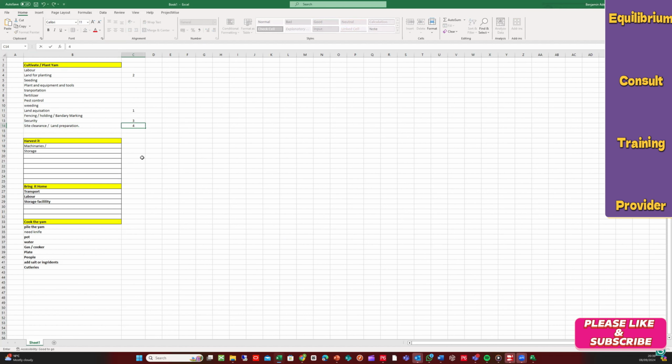So what else do you think will come next? Plant and equipment, I think. So you want to make sure you have your plant and equipment as well. Correct. Then what happens to our labor? After that, you have the tools for them to work, you can get labor. Okay. So who is going to do this preparation and the fencing?